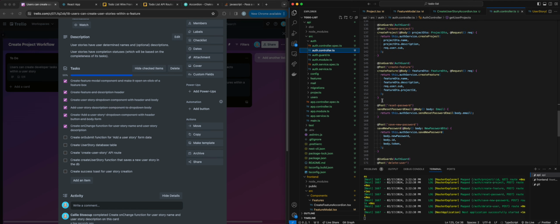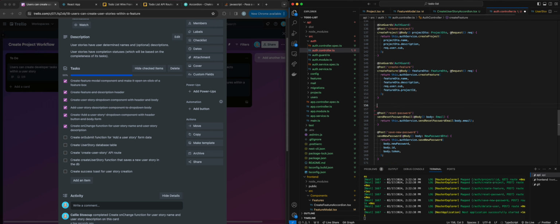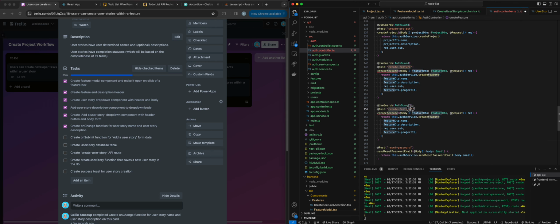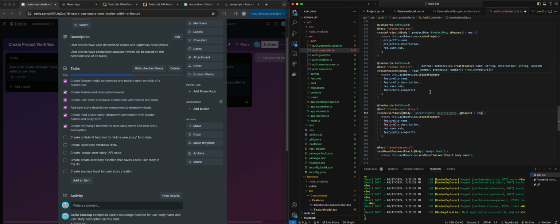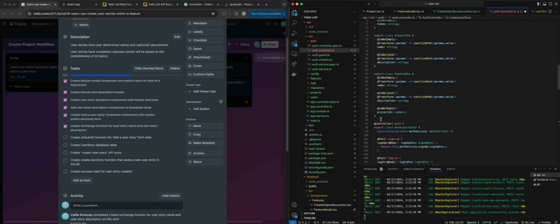Let's go to our create feature, and we're going to copy that. And we're going to have create user story instead. And we're going to call this user story DTO. So we need to then create a user story DTO, which will look very similar to the